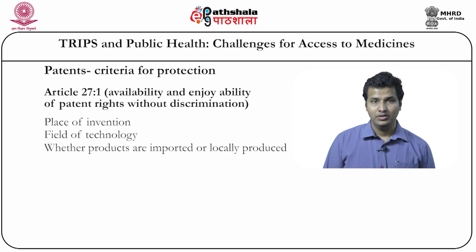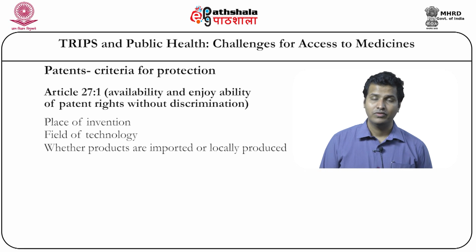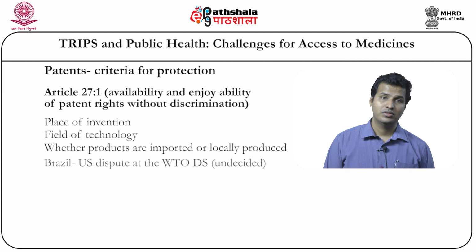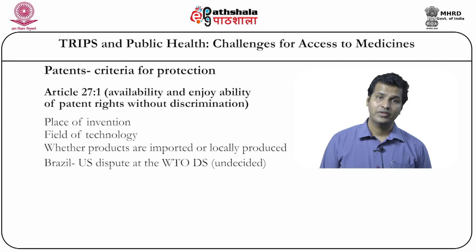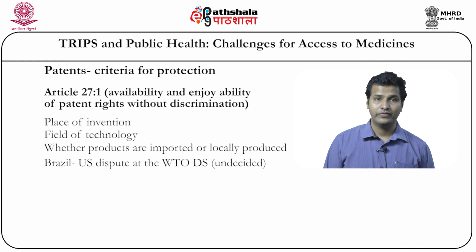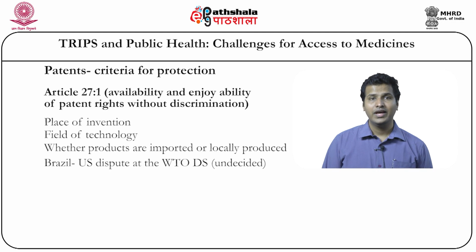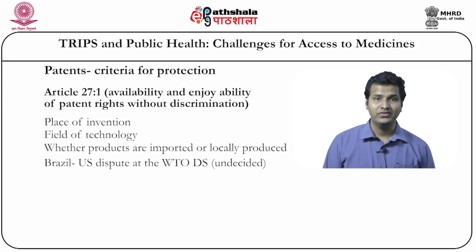However, this has not been settled. Brazil had unique provisions in its patent law which allowed it to grant a compulsory license for not locally working the invention, as in not locally manufacturing the invention. The US took Brazil to the WTO dispute settlement. However, they mutually compromised, and Brazil agreed as part of the compromise that it would not use such provisions without consulting the United States prior to use of these mechanisms. This becomes crucial because India has similar provisions, and India has in the recent past invoked such a ground for the grant of a compulsory license involving Bayer's product Nexavar. We will discuss this in the next few slides.